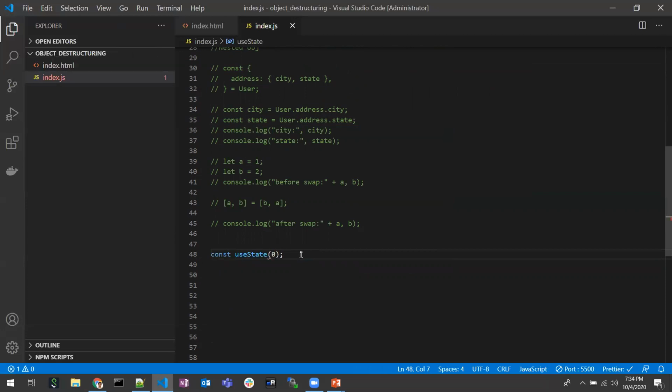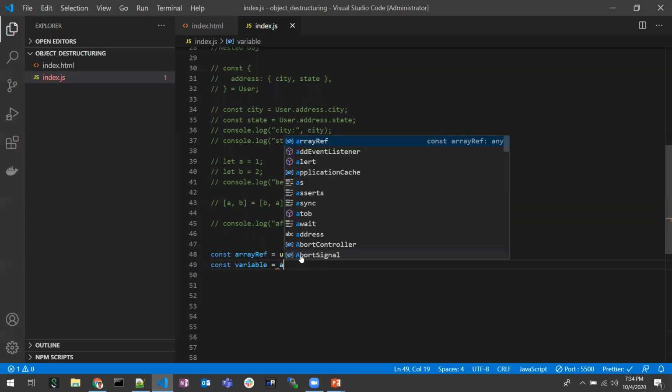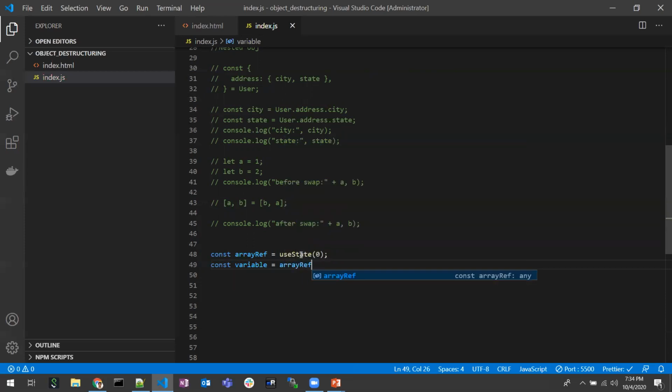I mean, const arrayReference is equal to useState. Here, const value, I mean any variable, is equal to arrayReference of 0. Here useState will return an array whose first value would be the variable, and the second value would be the method.